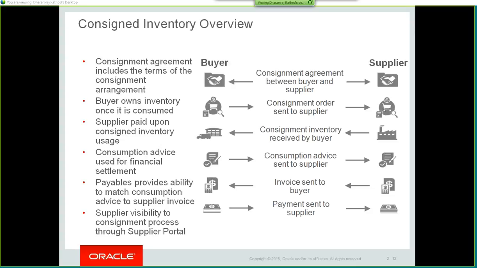So you have certain terms and conditions associated to it, how you want to consume it, and when that aging should start. Because if you are saying that I will take the ownership of all these goods within 30 days, when do you want to start the aging, whether at the time of receipt or at the time of shipment and so on. So you'll have various terms and conditions within your agreement, and that's the triggering point where your consignment process would start. And as soon as you have your agreement,